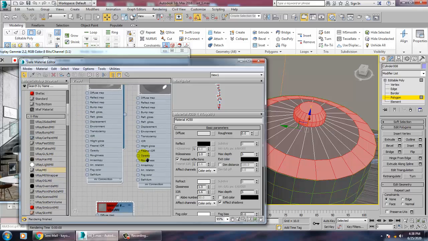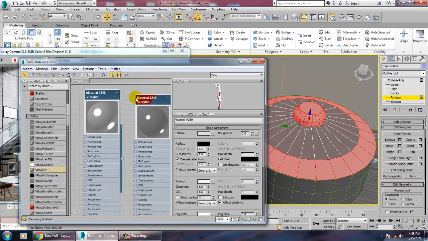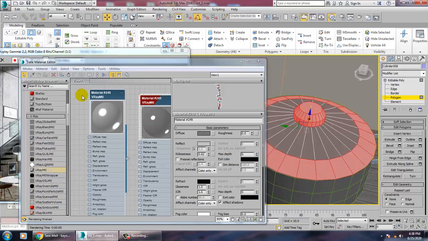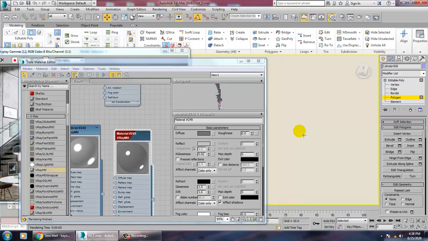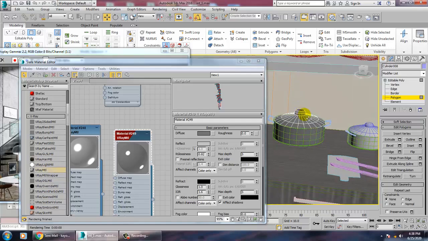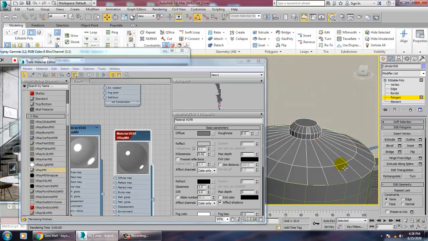So if you see, this part will be more transparent. So either you can go with the whole thing only.